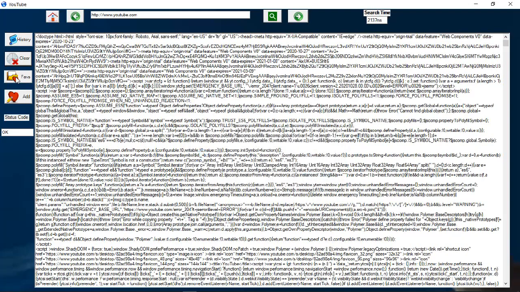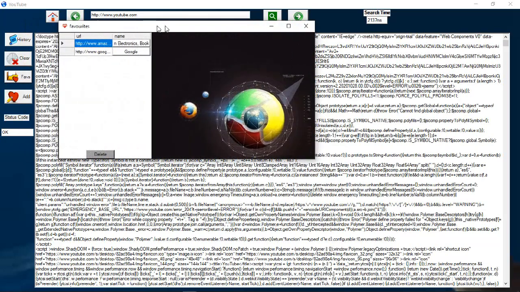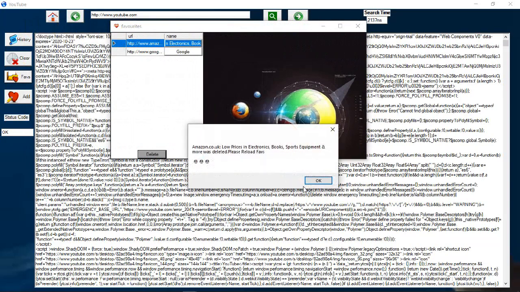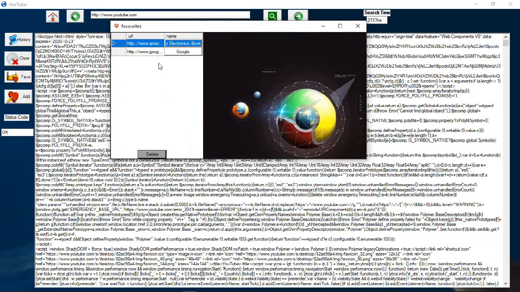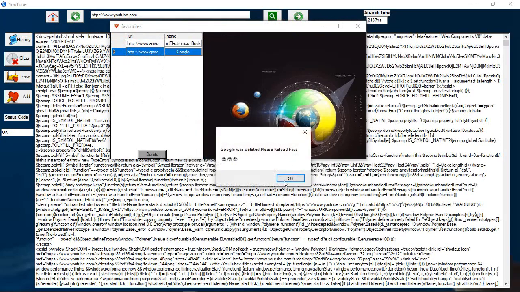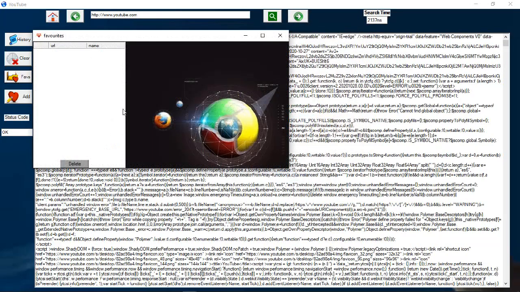One other cool feature is the favorites. The faves folder contains all your favorite sites that you've listed. For now, I still have these two favorites. Let me just delete them to start from scratch. It's not fair that I have them. And what we need to do is reload the favorites. Now it's empty, we've deleted them. I've actually shown you how to delete the favorites, but I'll repeat the process again.